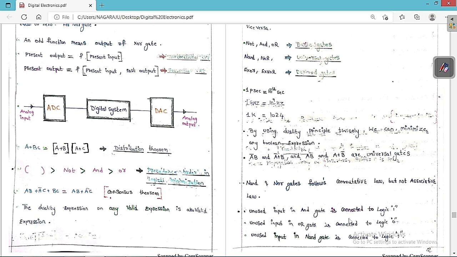See, an unused input in an AND gate is always connected to logic 1. Similarly, an unused input in an OR gate is always connected to logic 0. These are things you always have to keep in your mind. So the unused input in an AND gate is connected to logic 1, the unused input in an OR gate to logic 0,